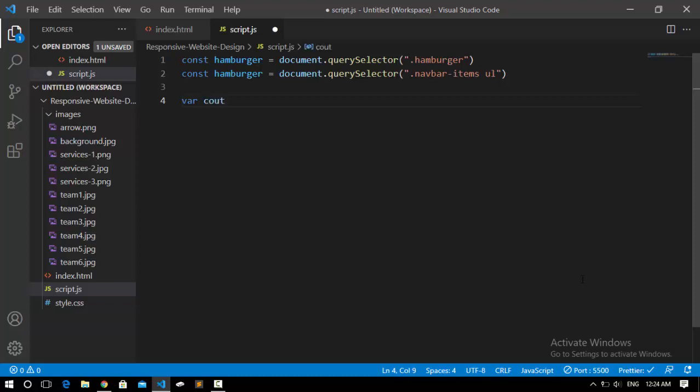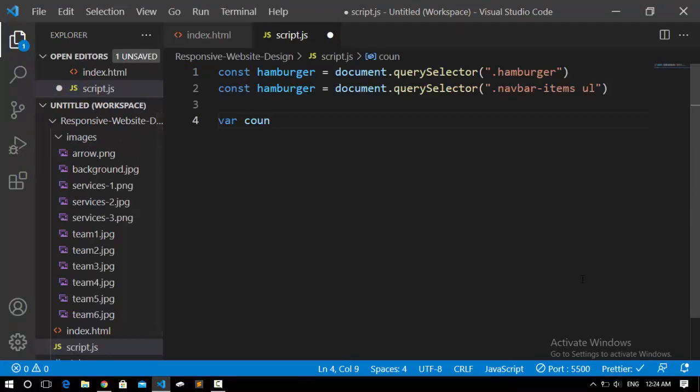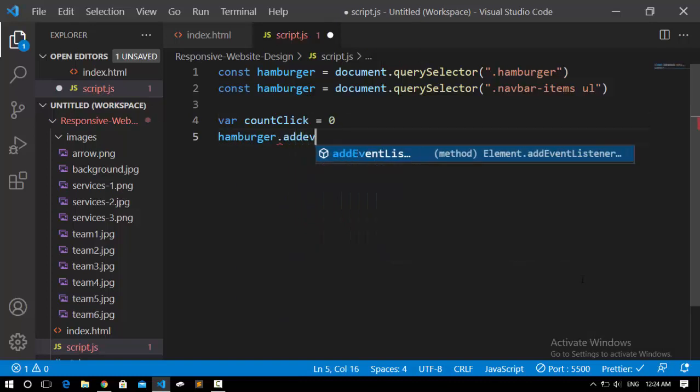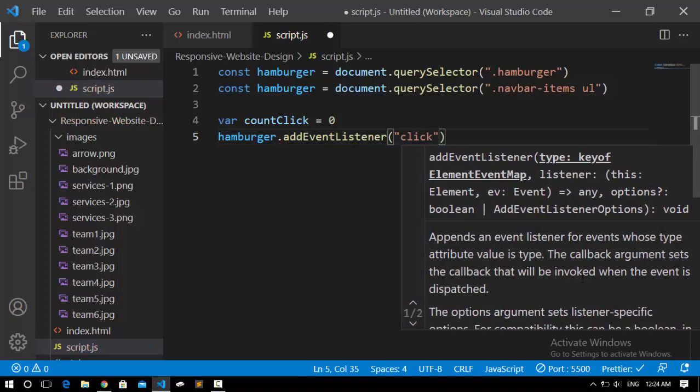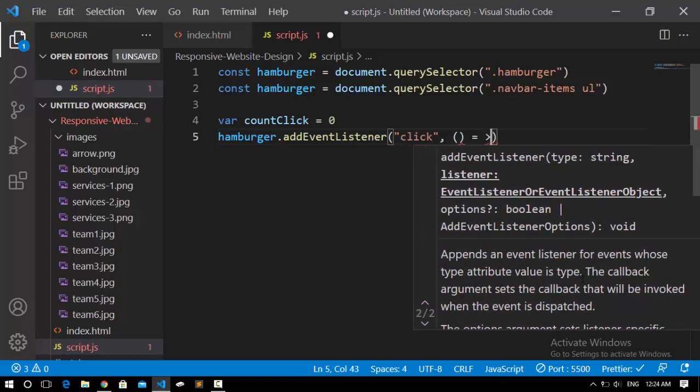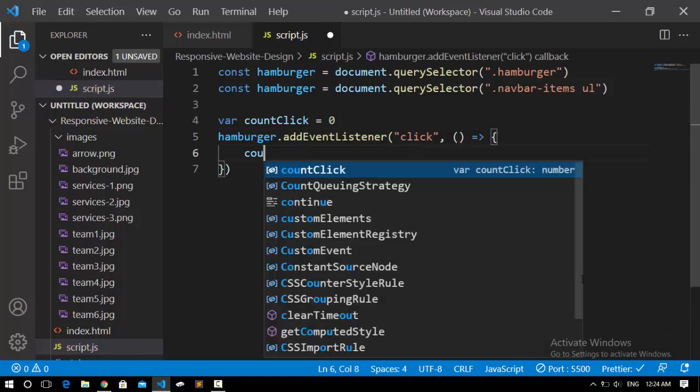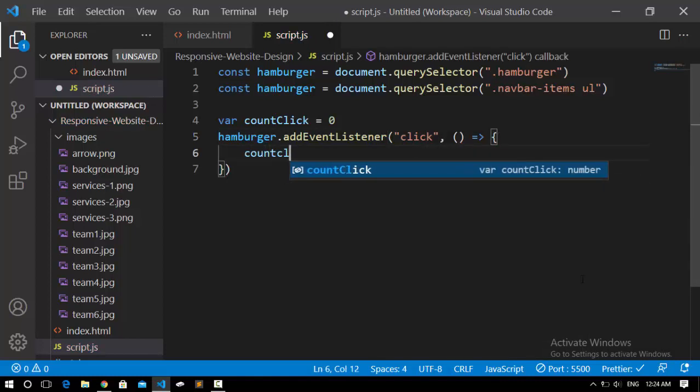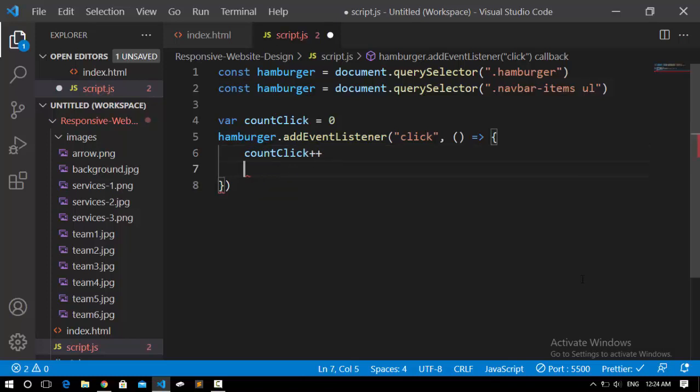So I'm gonna create a count click here. So var count click, and by default assign it to 0. Then I'm gonna say Hamburger dot addEventListener to it, which is going to listen to a click event, and call an arrow function here. So inside this arrow function, I'm going to increase the number of count click plus plus, and inside this if the, so before doing the if, whenever we click on, what I'm going to do is to get the navbar items,